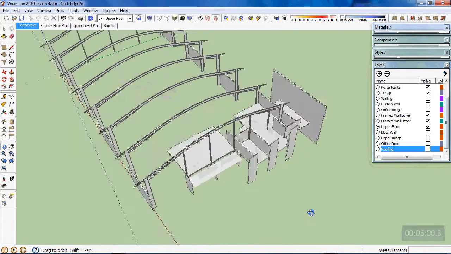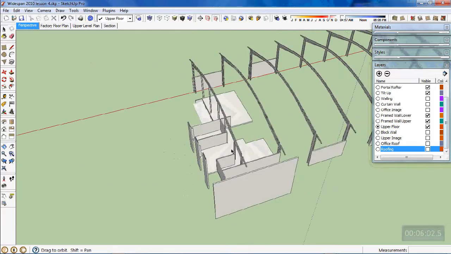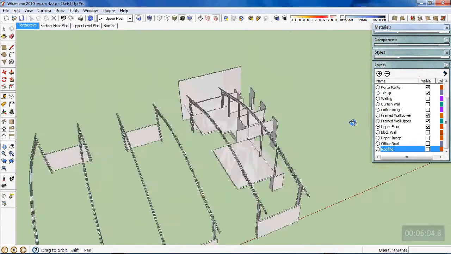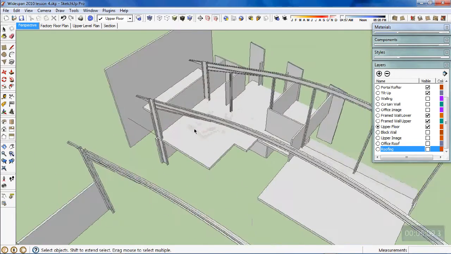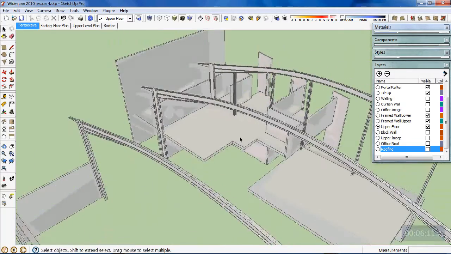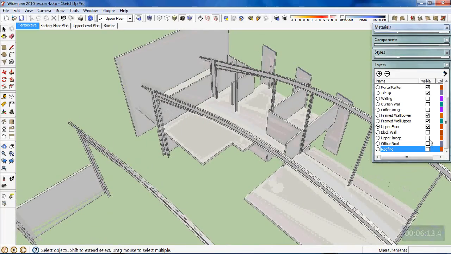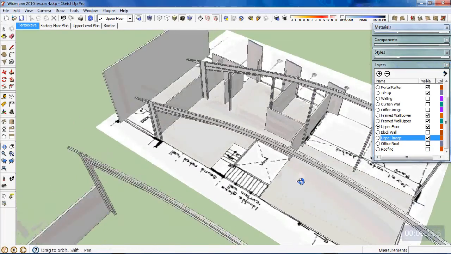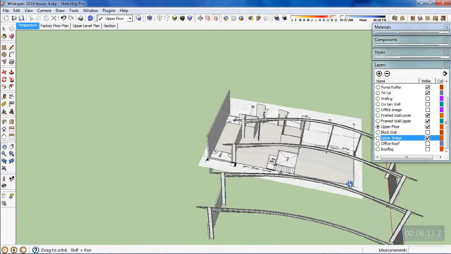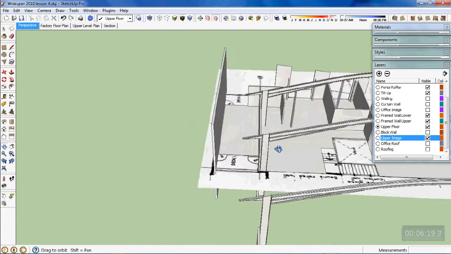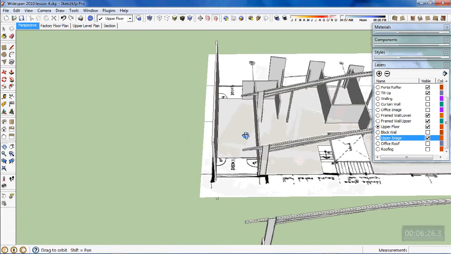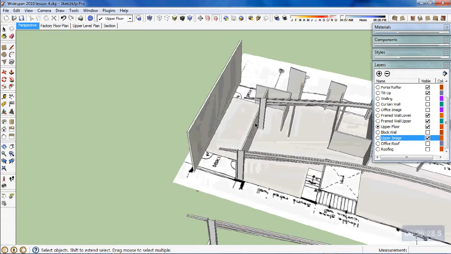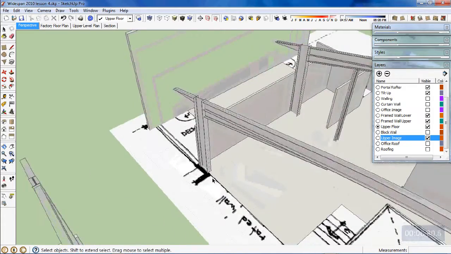So I've just created a floor. I've created a layer called upper floor, and I've drawn some of these shapes around to create the upper floor layer. So I'll just turn on the upper image as well, so you can see where I've gone. So somewhere out in the conference room you need a floor, so just draw some floor shapes through there. Once you're on that layer drawing some lines from wall to wall, it should automatically start creating the faces for you. Come through to, in this particular case, come through to